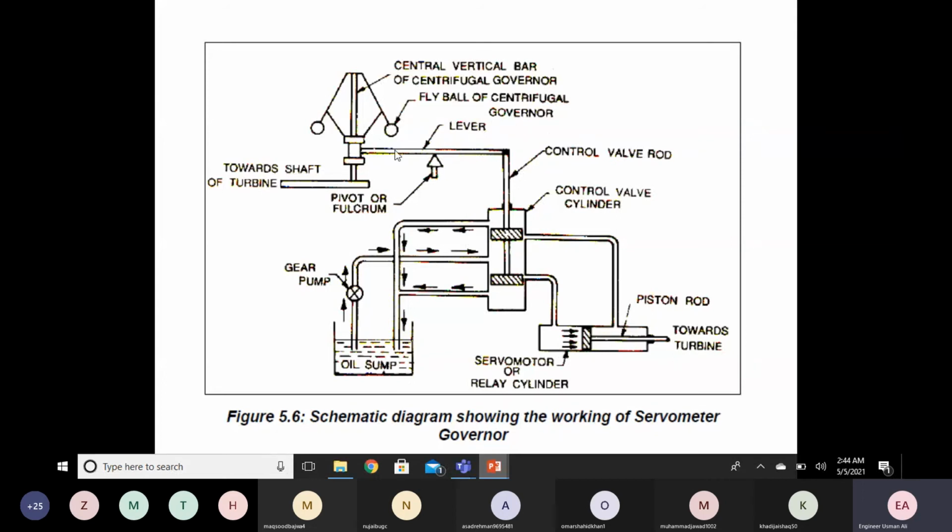It is further attached with the fly ball, and this is another important connection of the governor with the shaft. So when the shaft speed is to be changed, this signal will go to the fly ball, either it will move this way or this way. Accordingly, this lever will move on the pivot, either this edge will be raised or this edge will go down. Accordingly, this will be lifted up or go down. So at the end, the speed of the shaft will not be changed, only the flow rate to the runner will be changed. This is how the governor functions.